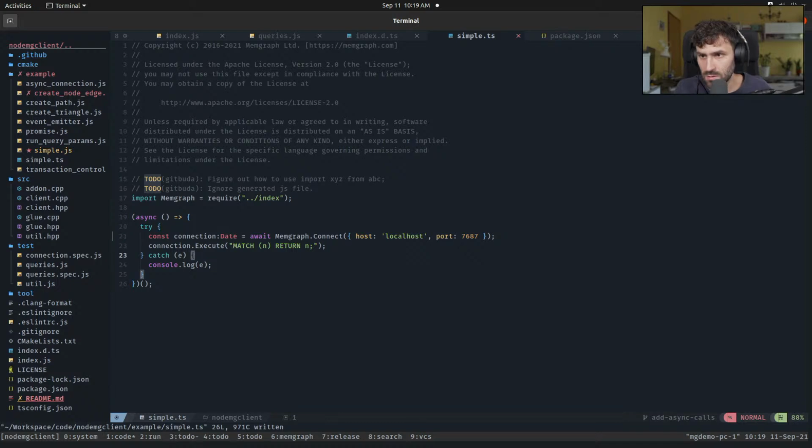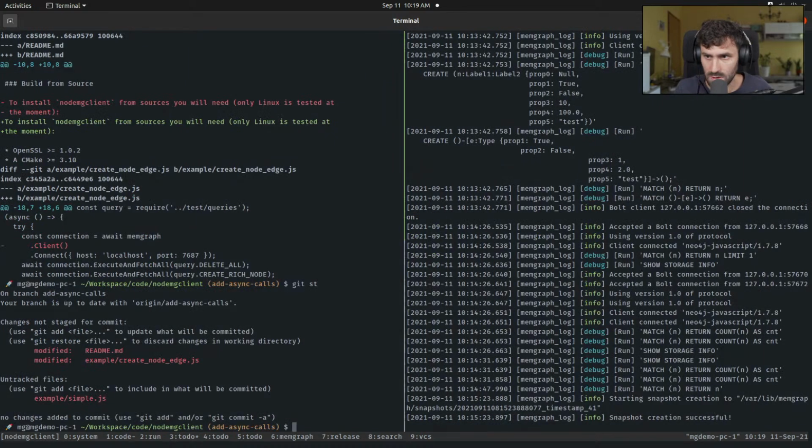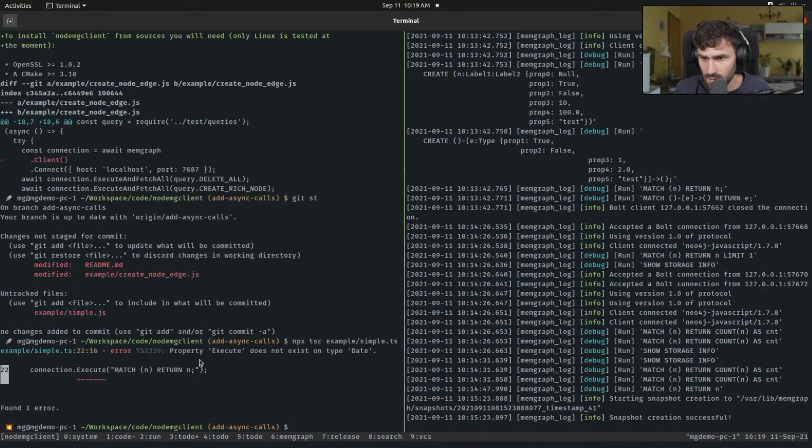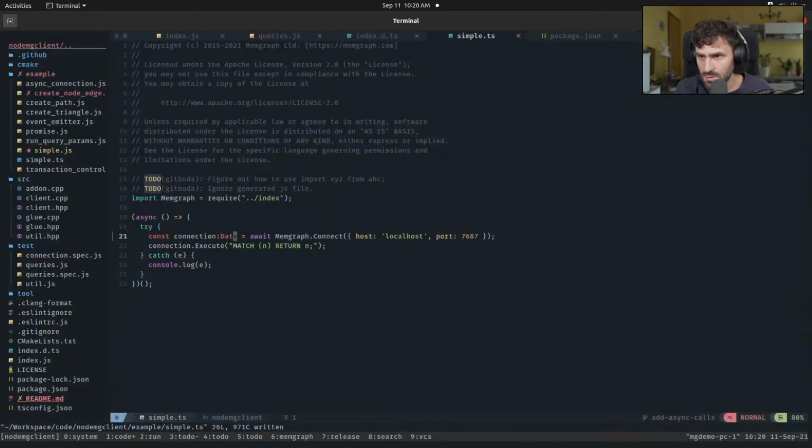This should scream here as well, but it doesn't. But let's say if I run this again, yeah, so I got an error: Property execute does not exist on type date, which is great. I got an exception, an error, but in a slightly wrong place. If I put it here,